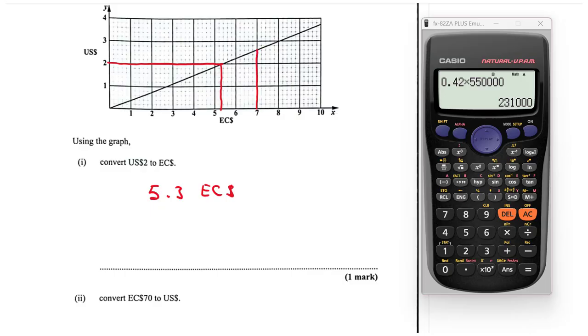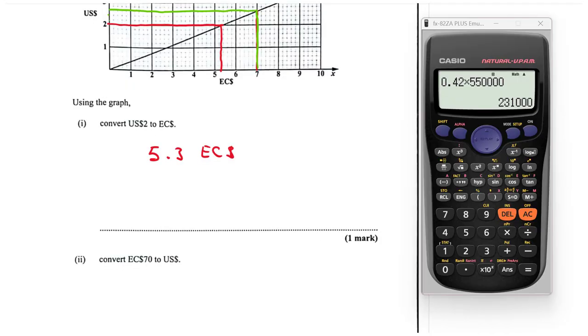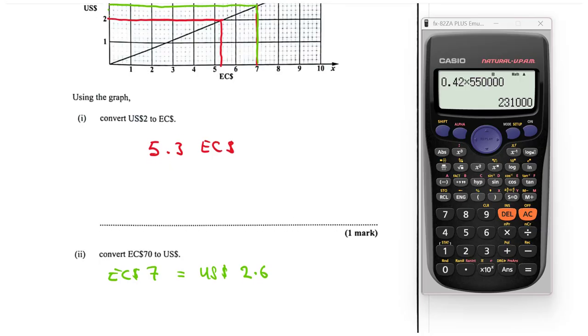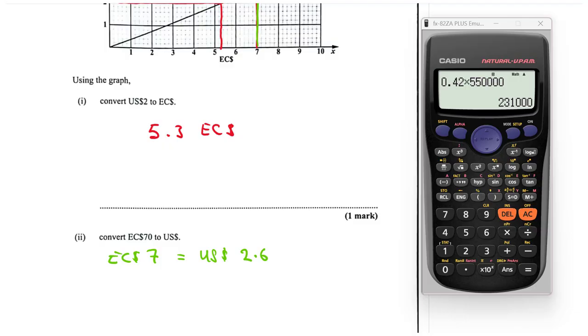Use a different color. So $7, we're going up. And then once we touch the line, we move across. And right here, this is about 2.6. So we have 2.2, 2.4, 2.6. Right? So we know that EC $7 is equal to US $2.6. Right? So therefore, in order to find out what 70 EC dollars is in US, we're going to multiply